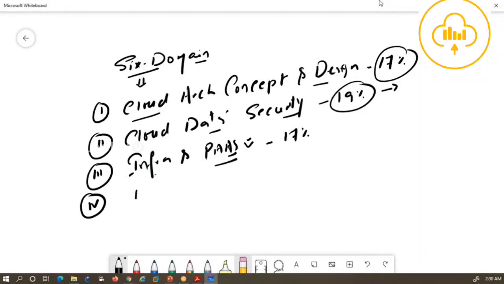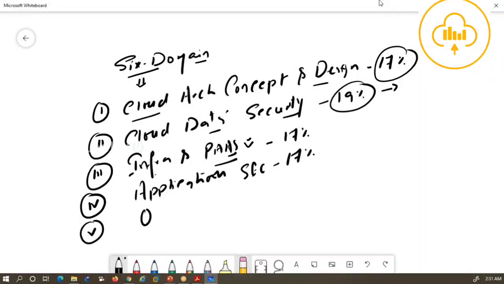The fourth domain is related to application security. For the application part, first we will discuss the design section of the application, and after that we will check the different types of risk available around application security. There are also some new approaches being added while developing applications for the organization. So what should be the best practices and frameworks that help me design the application properly? That is the discussion point of the fourth domain, and the relative weightage is again 17%.